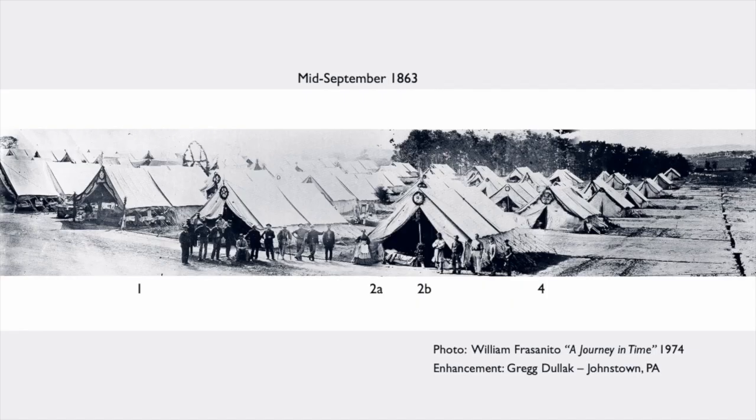One of the more remarkable books on this battle is A Journey in Time, done by William Frassanito. In his book, William Frassanito, or Bill as the guides call him, has a set of exposures of Camp Letterman, 4 separate photos taken sometime in mid-September 1863 following a celebration or an entertainment of sorts. Guides forever have been trying to hook these 4 photos up to produce the photo that you have here in